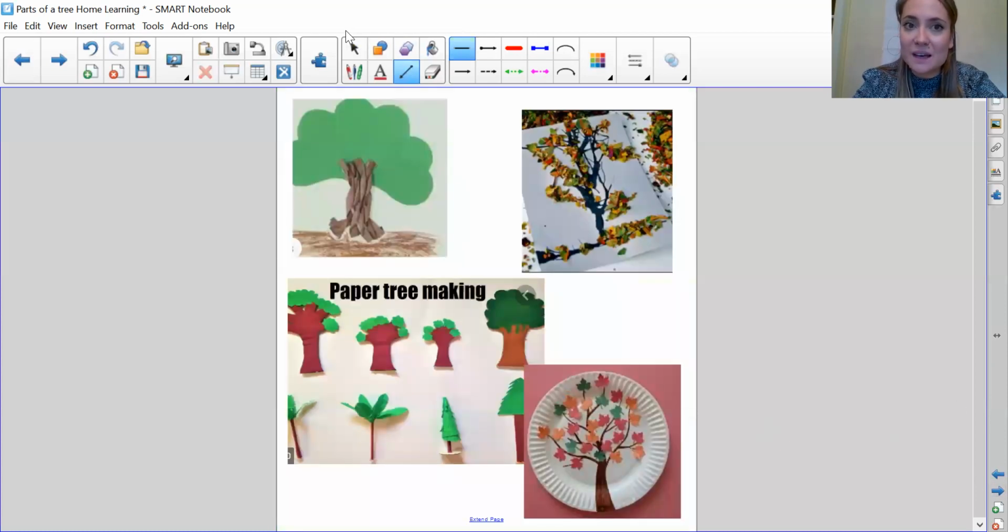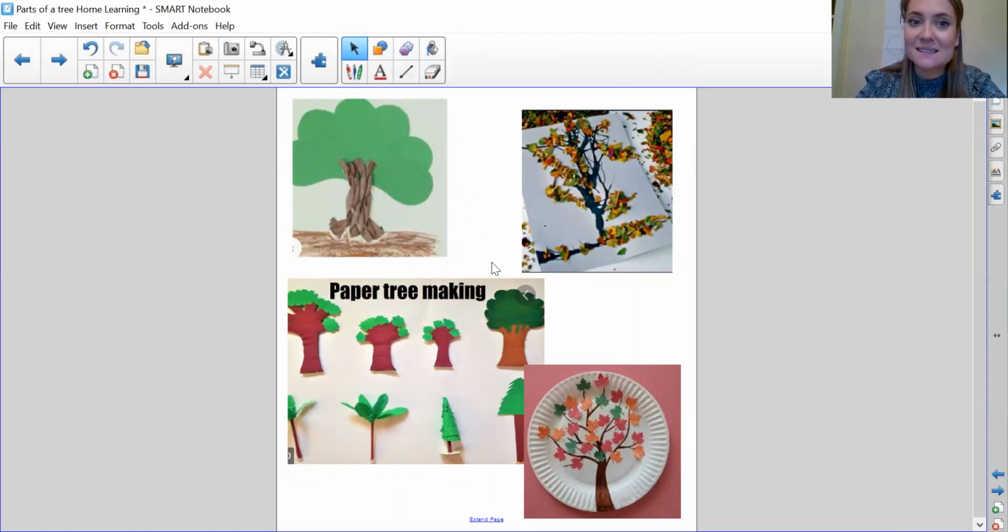And there's some ones here, someone's made them with some real leaves outside and branches. I think they made the trunk out of brown pieces of pasta, I think there. You see, so lots of different ideas, but I want you to make sure you either record yourself telling me the different parts and what they do, or labeling them. Okay,